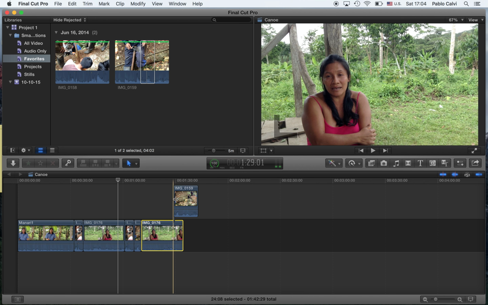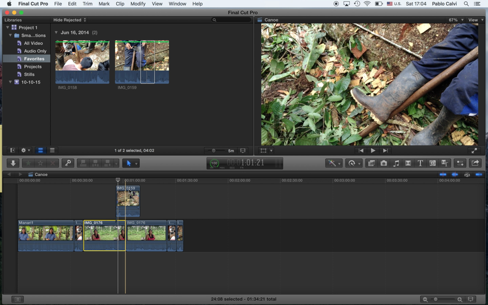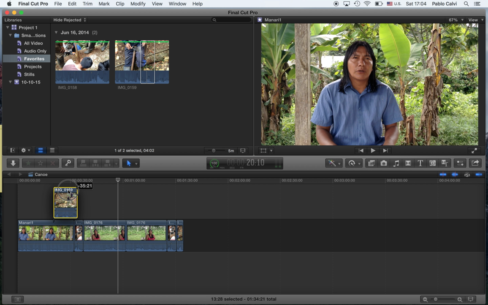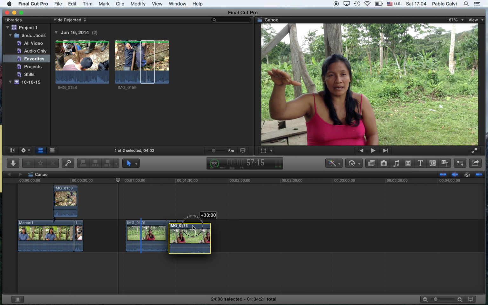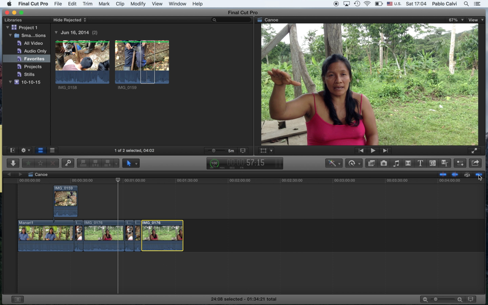The secondary clip will stay attached to it, and it will follow it around. Now, you can actually move this clip independently and put it somewhere else, and then play around with your media. And you see, since I have the snapping tool, all the media is going to be snapping and connecting with each other